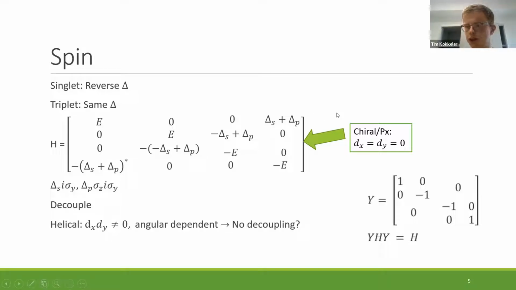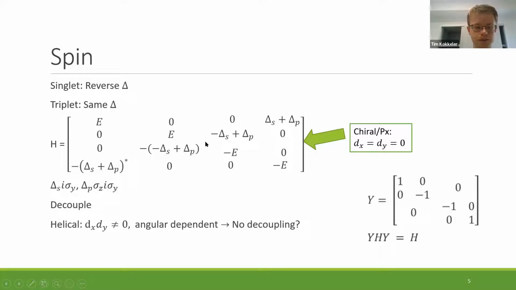So for the S-wave component, if we look at the Hamiltonian, we effectively have two blocks of 2x2 matrices, which have, because they are opposite spin orientations, an opposite pair potential, because the S-wave potential is a singlet potential. If we would now add a p-wave, chiral p-wave or px wave component in which the d vector points in the z direction, we know that this comes down to adding delta p to both of these terms, but these terms here are left unaffected. They are still 0. This means that in those cases, we can still decompose the equations into two sets of